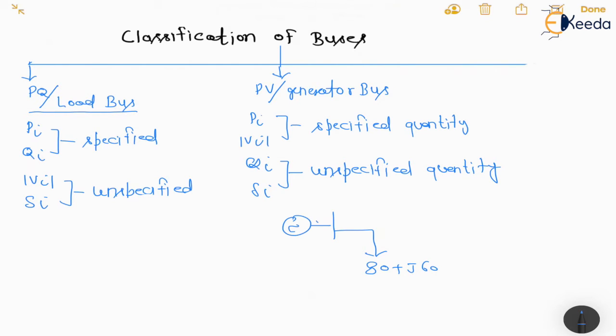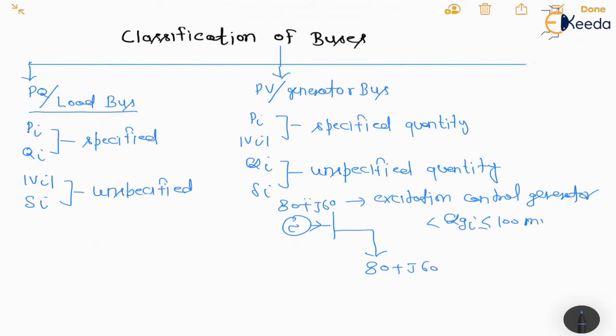So now we are going to take one isolated bus which has a load demand like here. Let us assume the first load demand is 80 plus j60 and the power supplied from the generator is 80 plus j60. One more point: it is an excitation control generator, and the QGi limit has been given as 10 MVAR to 100 MVAR, and here it is also MVAR, let us assume. So guys, we need to consider this. At first, 80 plus j60 and 80 plus j60.